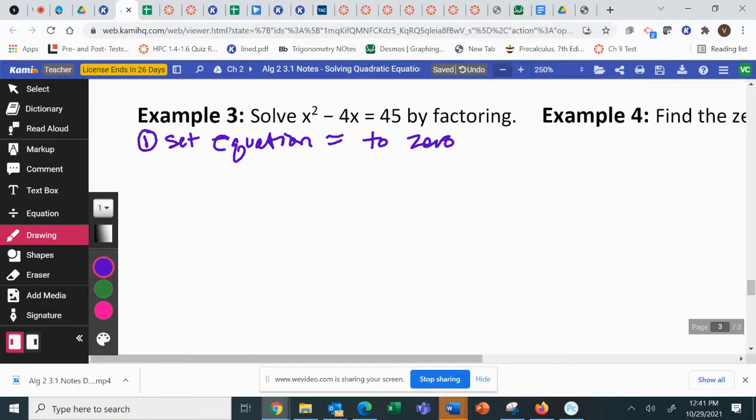Okay, so how can we make x squared minus 4x equals 45 equal to 0? Jacob. Subtract 45 from both sides. Third one down. You don't have to graph anything, but if you want to, there's graph. All right, so